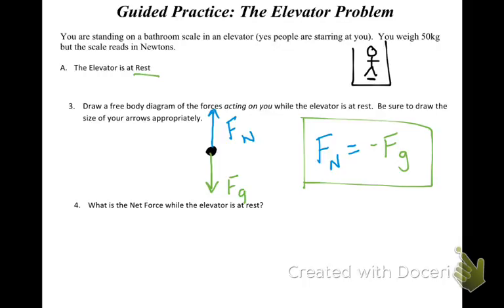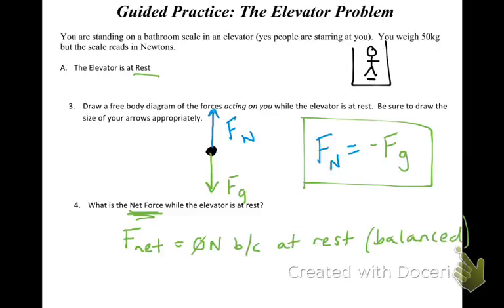What is the net force while the elevator is at rest? Things you want to think about here. Net force means what's our overall force? Since we have balanced forces, our net force must be equal to 0. Here's how we got this. Because we're at rest, balanced, and here's what this means. Our net force